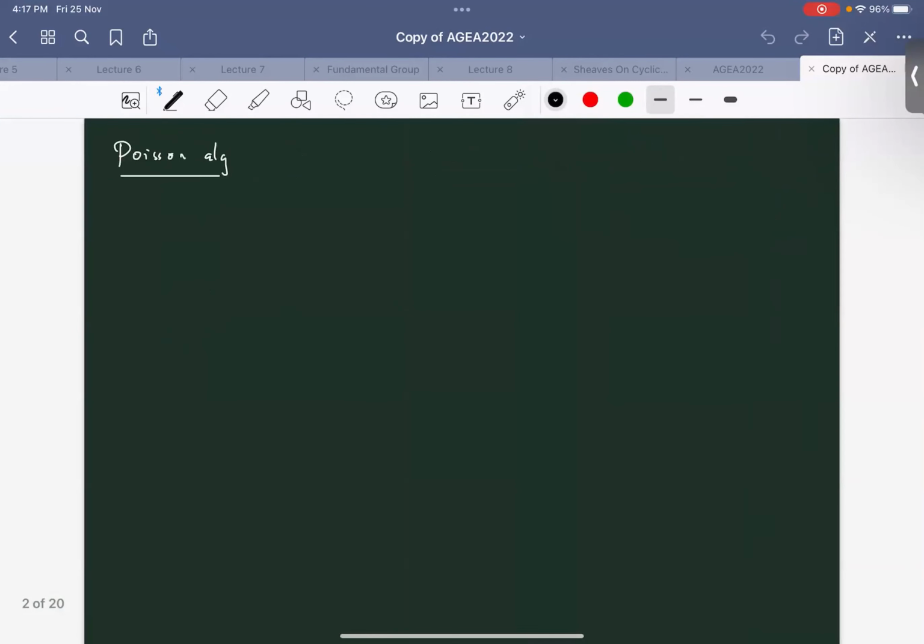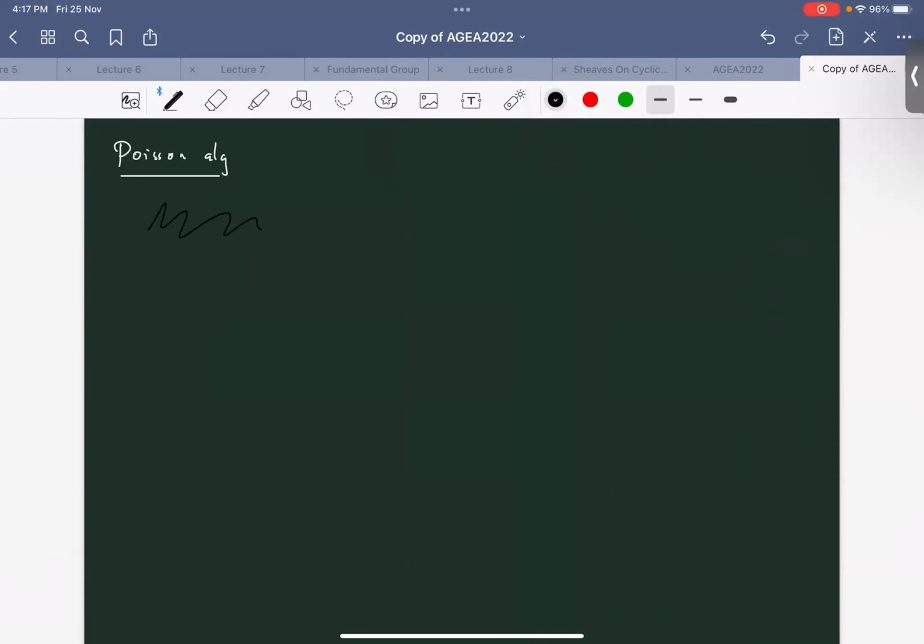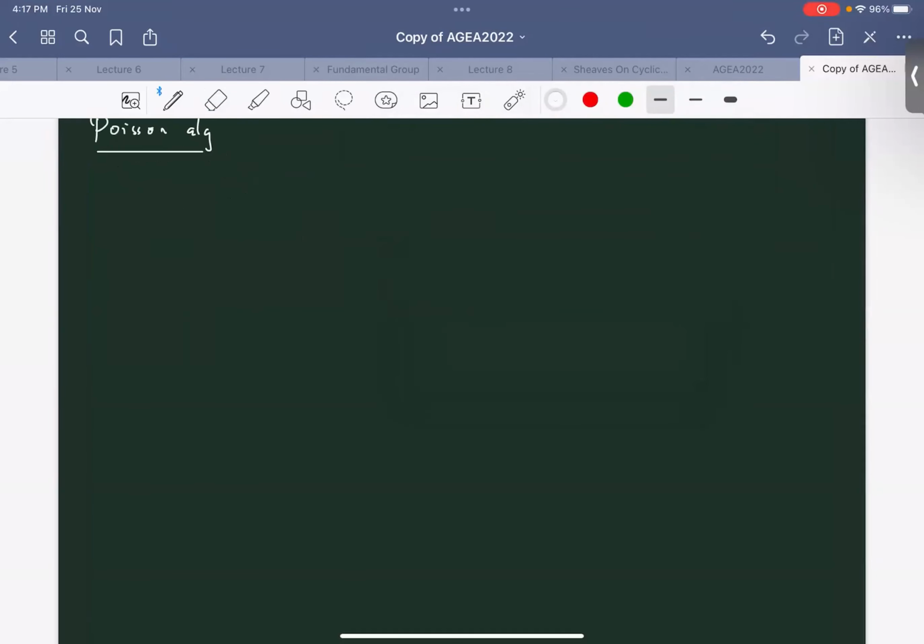So let me start by recalling the notion of Poisson algebra. Can you see what I write? Okay, so this is a white color. Yeah, so I need to change color. Okay, so let me